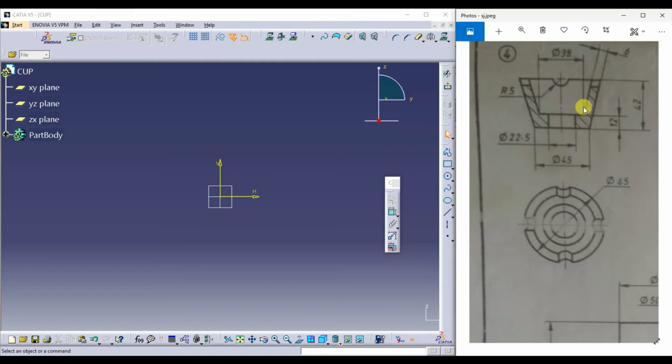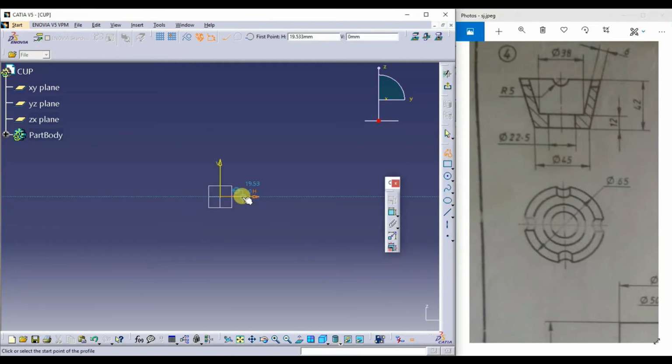I'll draw this profile. I'll go for the profile command.